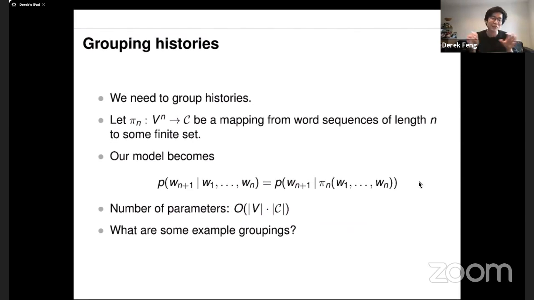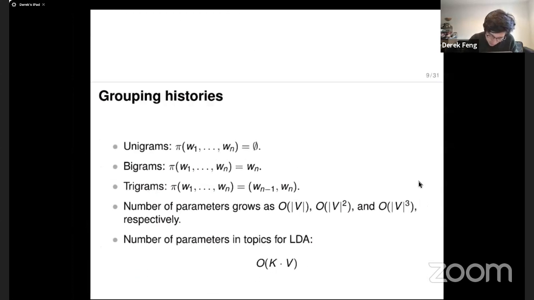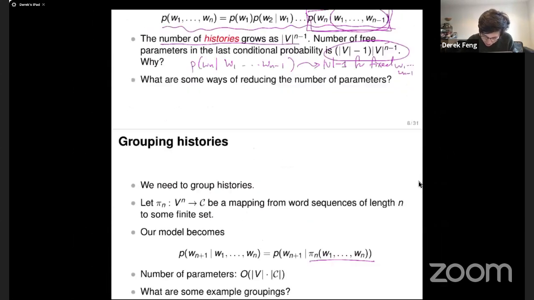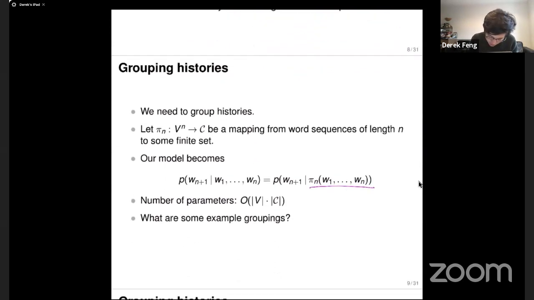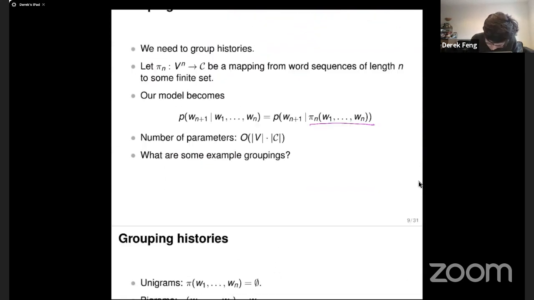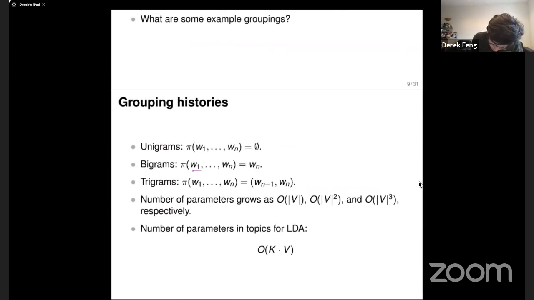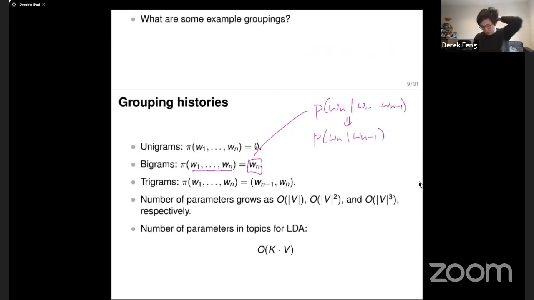There's an intermediate step where you can say, I want to simplify. I don't want to do w_1 to w_n. Instead of looking at all w_1 to w_{n-1}, I'm just going to pick the last k of them. This is what this theta_n is saying: instead of looking at all of w_1 to w_n, maybe I just pick the last one. What does that mean? It means that for p of w_n given w_1 to w_{n-1},